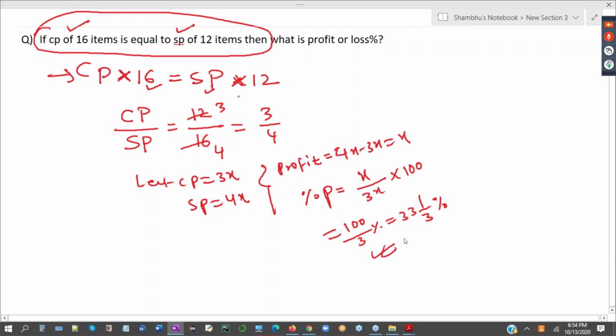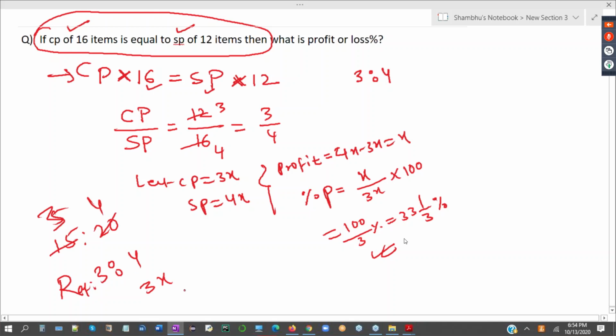Okay, Yashwant, why should we multiply by x? Because whenever you write something in ratio, it is always multiplied with some constant value. Like here it is 15 is to 20. When you write in ratio, you cancel it: 3 is to 4. So when I say ratio 3 is to 4, 3 and 4 are multiplied by some constant, okay? So always from a ratio, you have to write 3x, 4x. You can directly calculate without x also, but it is better practice to write x.